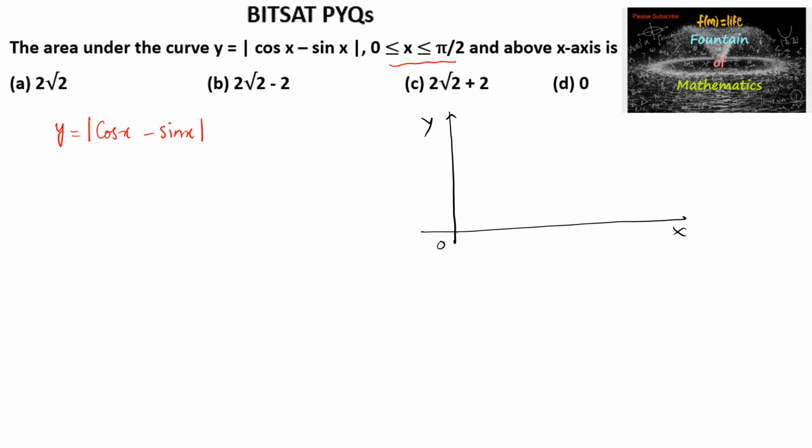Let's take the sin x graph. Say here this is pi by 2 and say here it is 1, and cos x will come. Cos x graph can be taken as